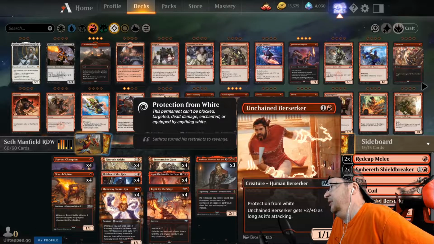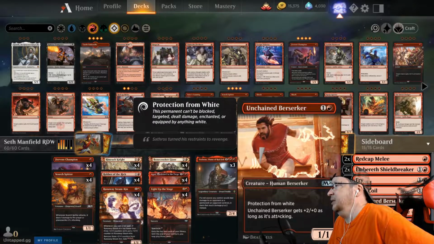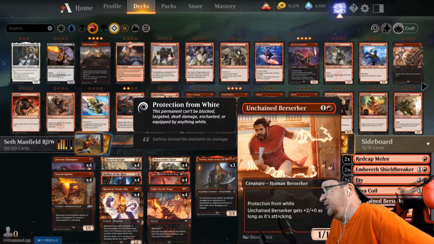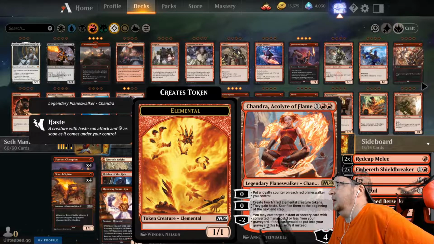Unchained Berserker has protection from white, also good against your blue-white matchups, and it gets +2/+0 as long as it's attacking. And then Chandra, Acolyte of Flame,